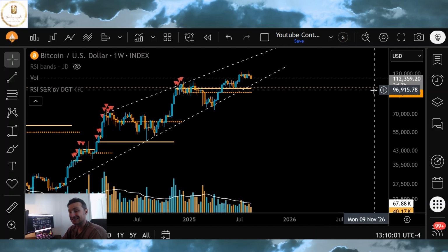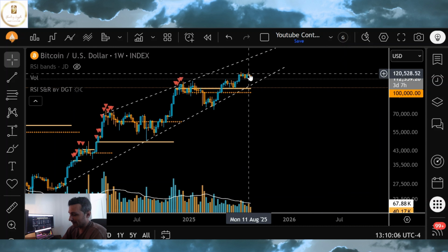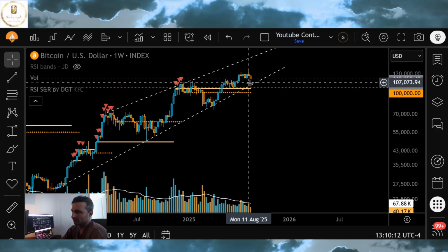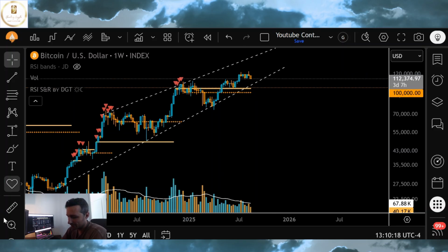And that's a pretty big downside from here, right? Dropping from 125,000 to 100,000, and that could be enough to kick off the bull market. I know if we get more than a 30 or 40% correction, that usually means we're going to be headed lower. The other thing is, guys, just based off of the structure here, I want to point out